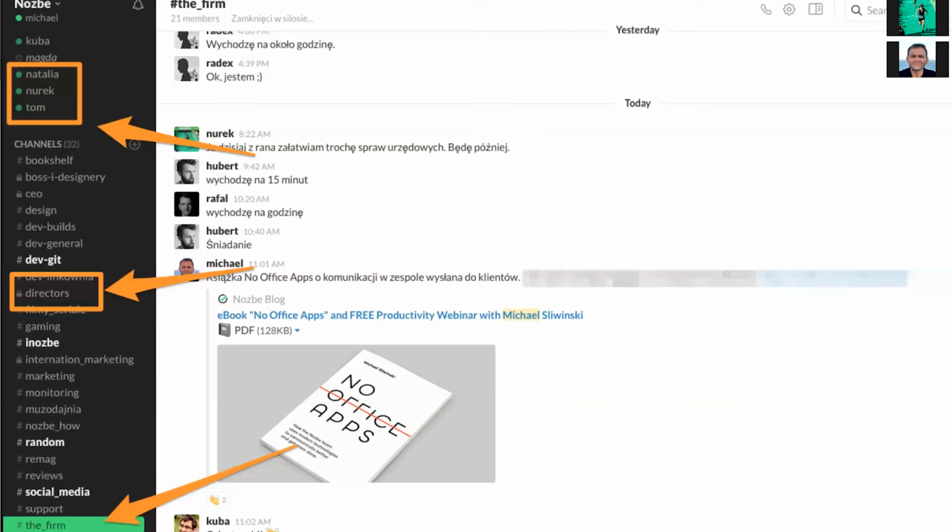So we use all these methods of chat-based communication. But again, whenever something is actionable, we put it in Nozbe, in our task management system, so we communicate through tasks. But in chat is where we clear things out, when we want to contact somebody and just get their opinion quicker. We use the chat in Slack.